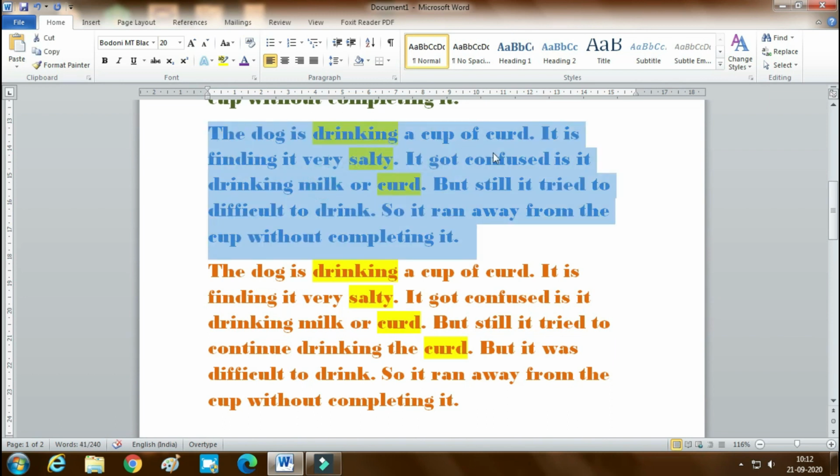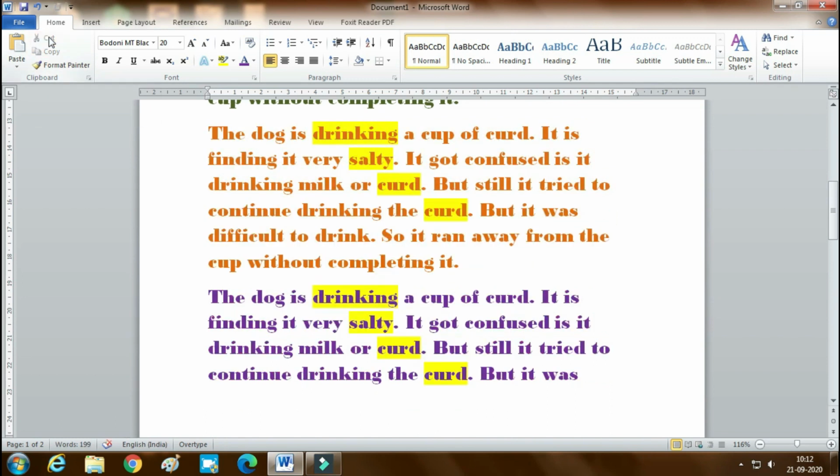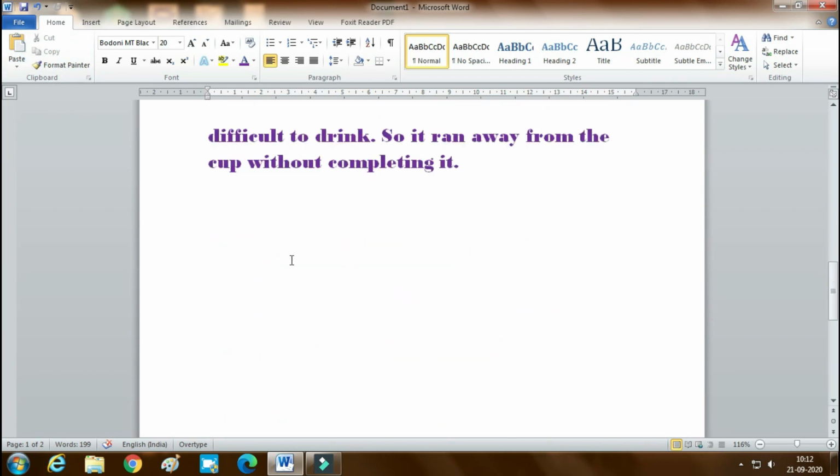Once again triple click and we will cut the entire paragraph. Click on the cut or press Ctrl X. Now the paragraph is cut, removed from its original place.